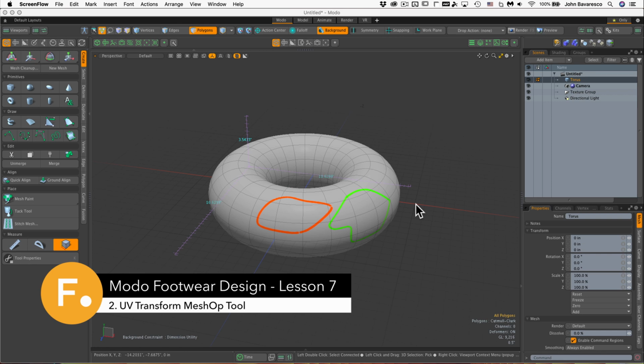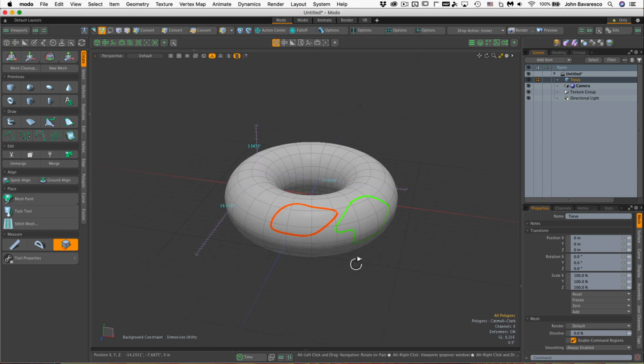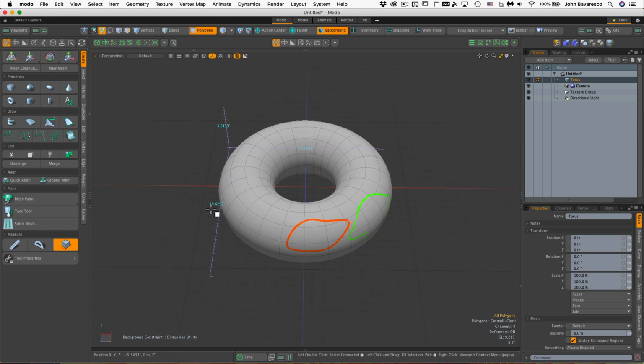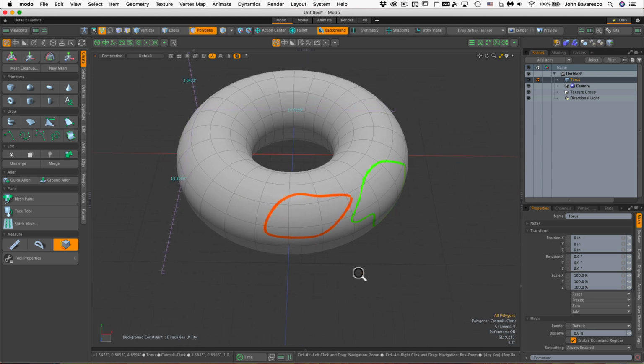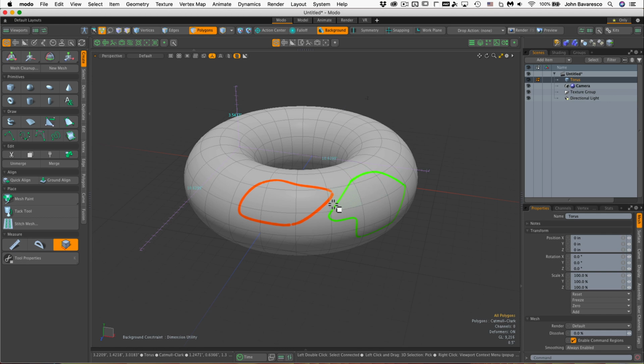So before we actually get started building our shoe panels using procedural operations, I wanted to just go over the primary tool that we're going to be using and help you get your head wrapped around the steps needed to actually build these panels. Now, as you can see, I have a torus already made, and I scaled it down to roughly the size of a shoe. And we also have an image map just with some lines to act as guides for us